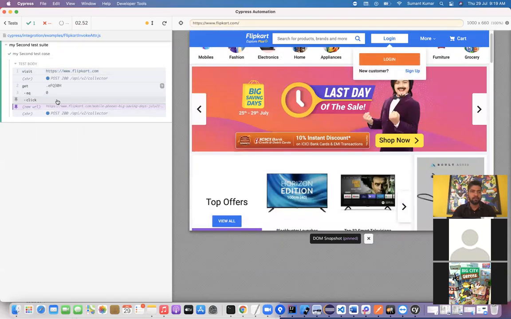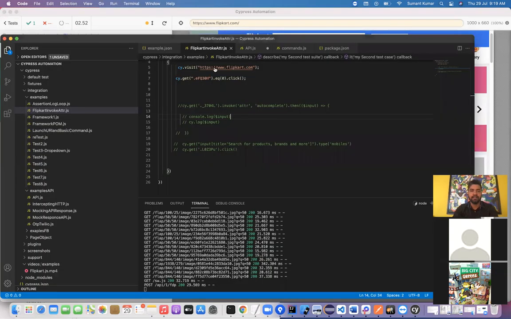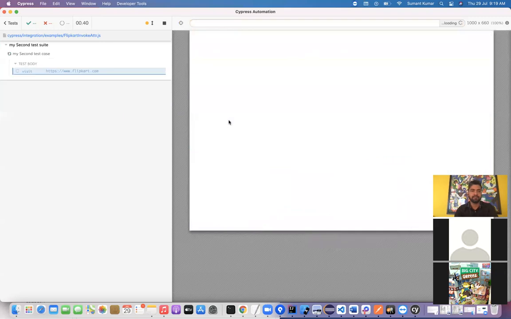So our test case got passed. What is the first element? Okay, you can see the highlighting. Here it is highlighting the mobile, correct? Yes, so I can see it clicked the first element. Again, if I want to go to the second element, you have to use 1. So this is the concept of indexing.